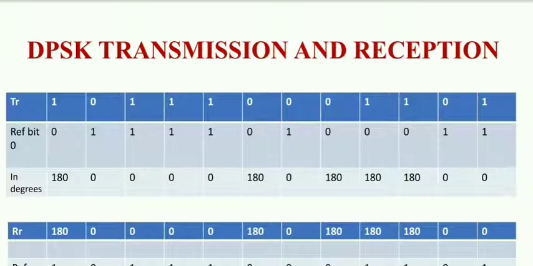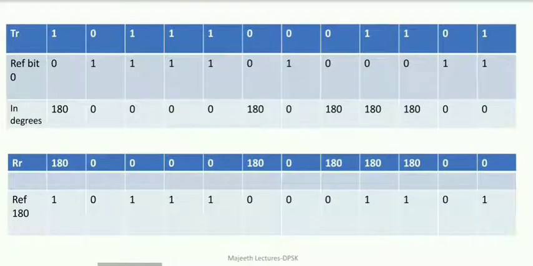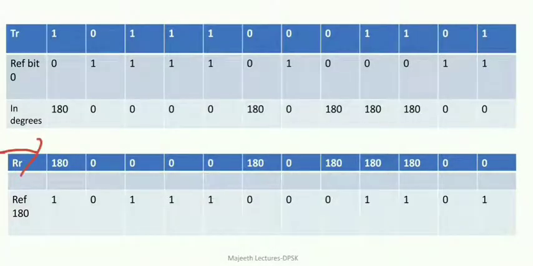So what we want to transmit is 10111001101, and this is encoded as 180 degrees, 0 degrees, 0 degrees, 0 degrees, 180 degrees, again 0 degrees, 180 degrees, 0, 0. So this is the way your signal is transmitted. And in the receiver, again we have to choose one reference. This is how your receiver works. This is the received signal: 180 0 0 0 180 0 180 180 180 0 0. This is what you received.